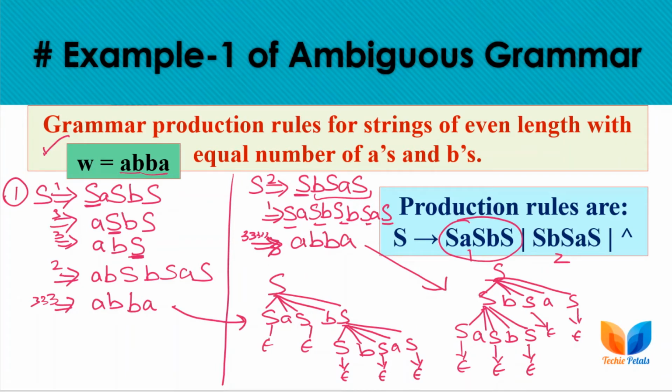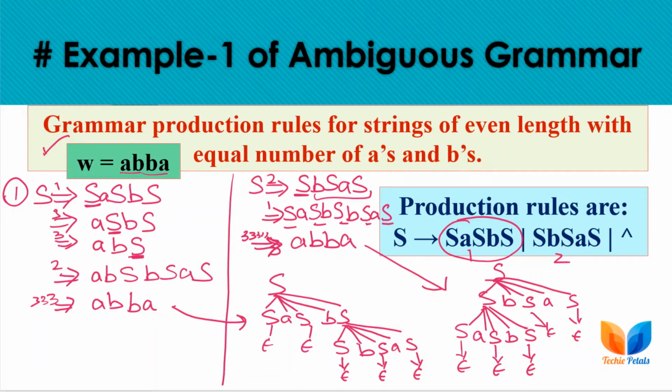The next point to note here is that we have followed only leftmost derivation, but in some books you will find the definition of ambiguous grammar as: if we have two derivation trees, either by following leftmost derivation or rightmost derivation or a mix of leftmost and rightmost derivation, the grammar is still ambiguous. In this way, if we are not following any strict derivation form, leftmost or rightmost, we cannot say that the grammar is ambiguous; maybe the production rules are ambiguous.